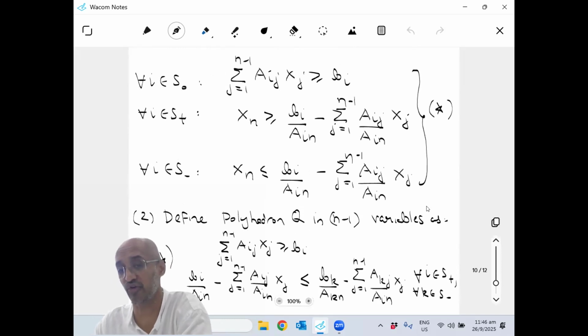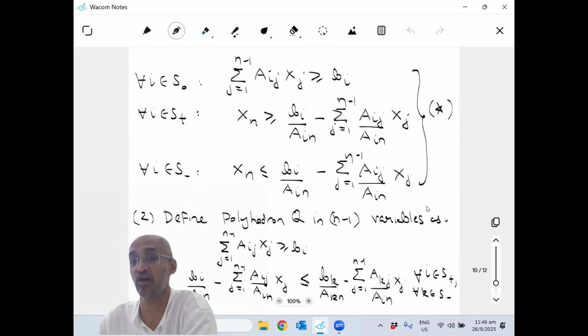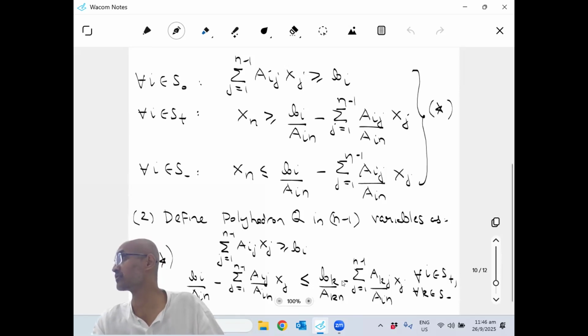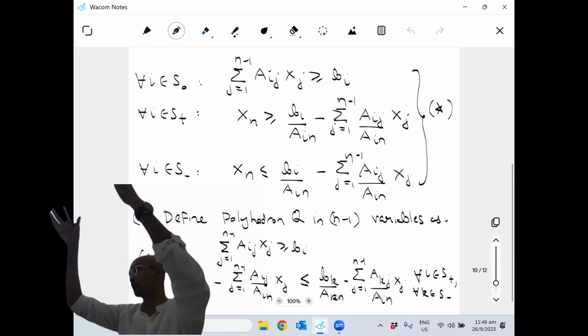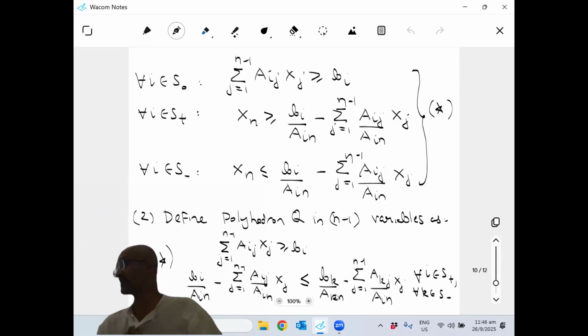So the first set of constraints here are exactly the constraints in the polyhedron. These upper bound and lower bound constraints: for every i and for every k, the upper bound is greater than the lower bound. So the largest of these numbers has to be lesser than or equal to the smallest of these numbers. Term by term, the upper bounds are greater than lower bounds. So the largest value on the left-hand side has to be lesser than the smallest value on the right-hand side. So if I maximize this over i in S plus,